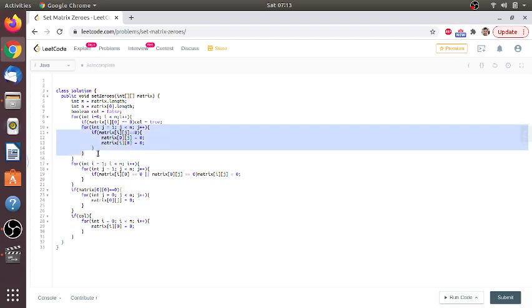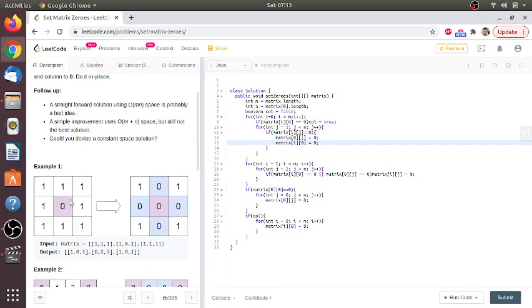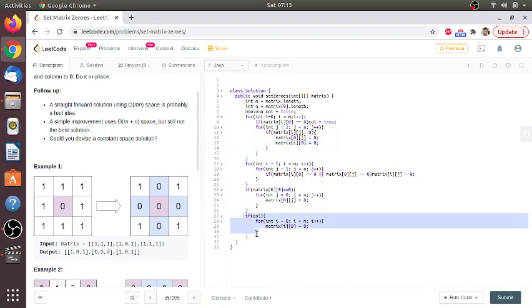So here is the trick. Why am I not starting j from 0? That will create a little bit of ruckus. Let me tell you why. If I start from the 0th column, then this will not make much sense.